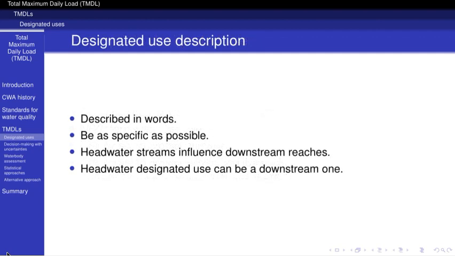A designated use is qualitatively described in a document and should be as specific as possible. Thus, more detail than "recreational support" or "aquatic life support" is needed. The general fishable and swimmable goals of the Clean Water Act are the beginning rather than the end of an appropriate use designation. For example, a sufficiently detailed designated use might distinguish between beach use, primary water contact recreation, and